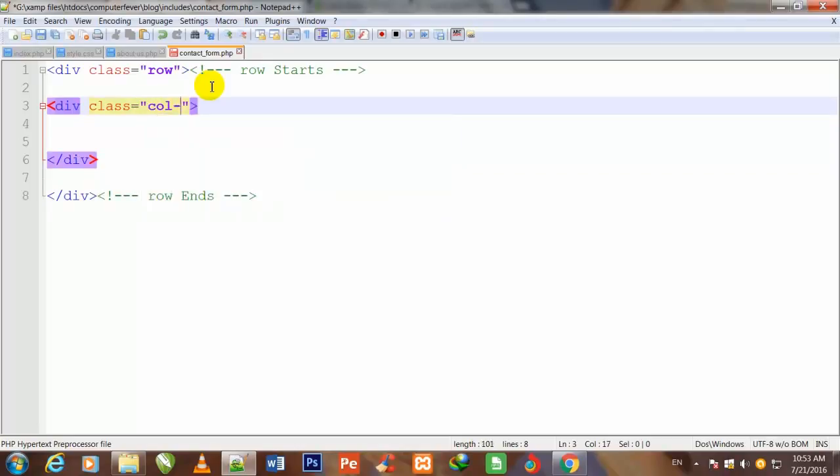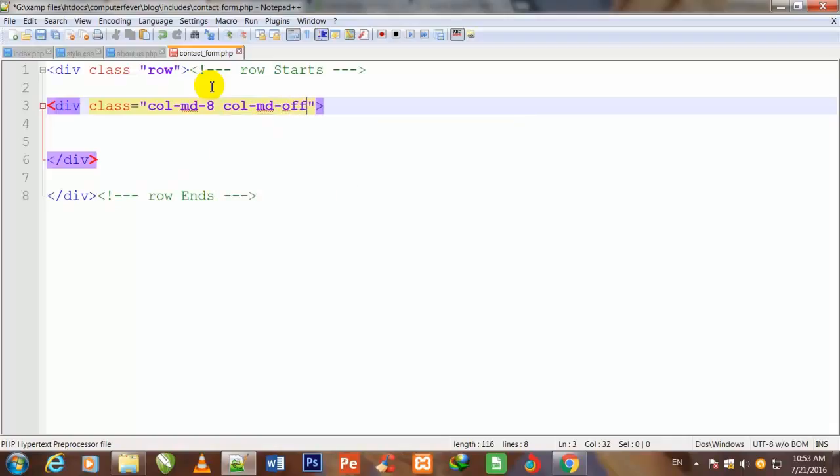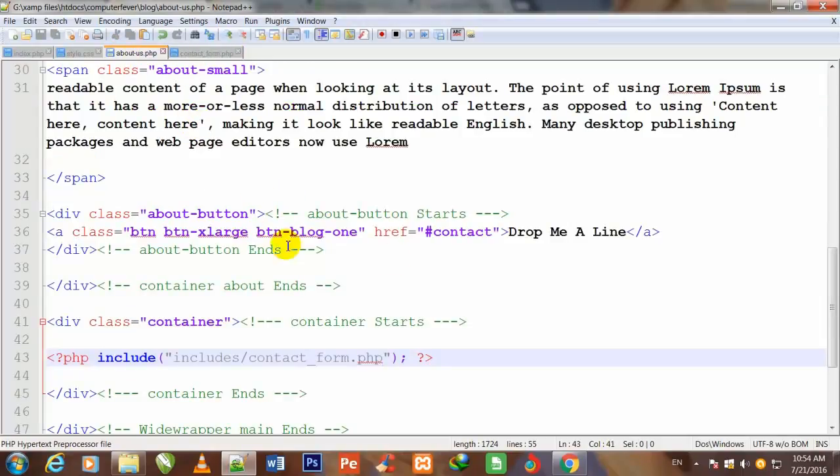I make one more div under that div and I assign a class to it. Class is equal to double quotes col-md-8, the Bootstrap default class, col-md-offset-2, space id is equal to contact. I show you this contact, this id contact which I gave here, and this is that id contact. Now I am calling this contact ID there in that page,